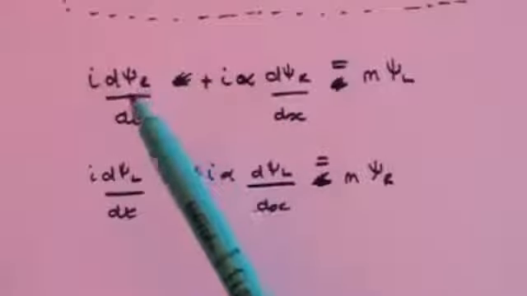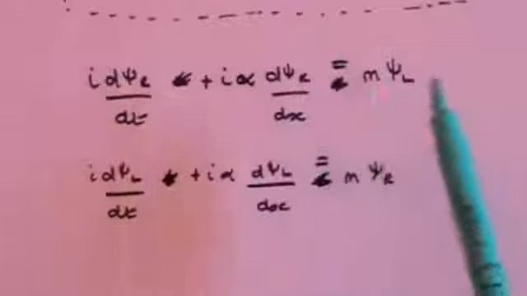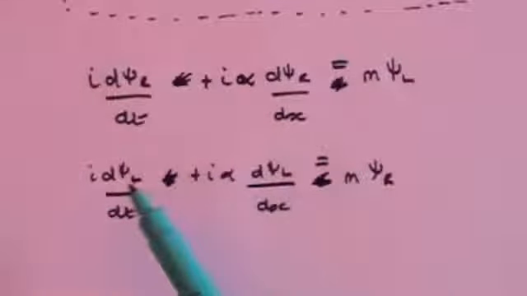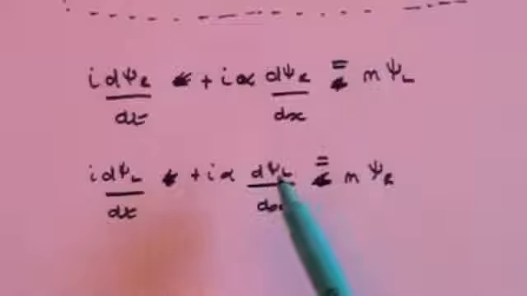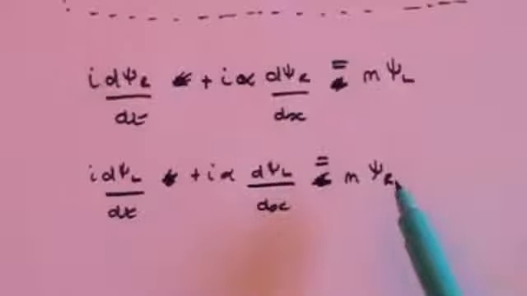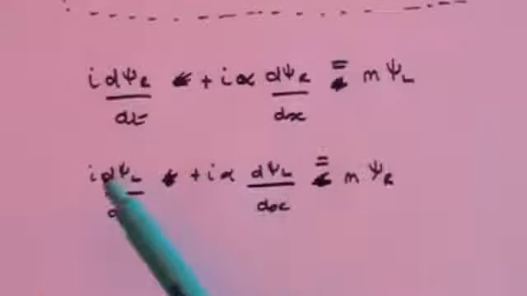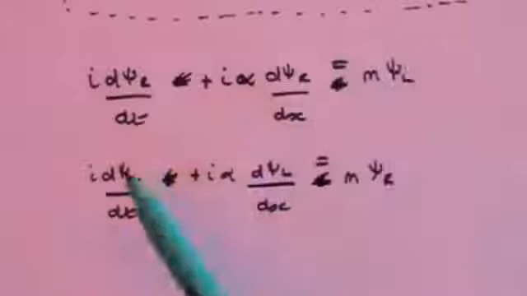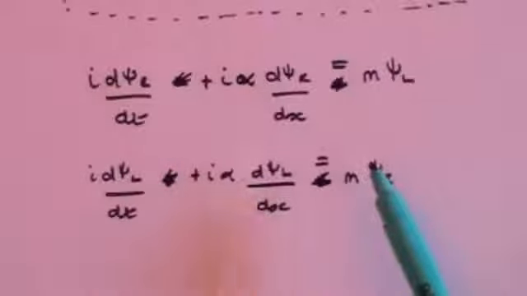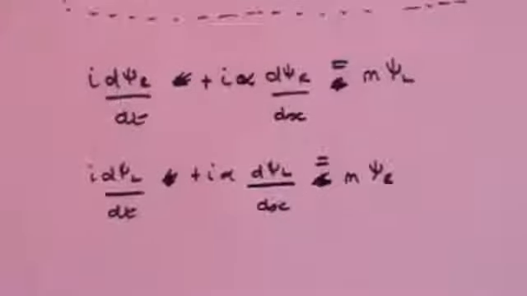I've now got a ψ_R term plus a ψ_R term equals a ψ_L term, and a ψ_L term times a ψ_L, plus a ψ_L term is a ψ_R term. So this is a left converting to a right, that's a right converting to a left. So now we've got the Dirac equations showing us that you can change from lefts to rights. But I have just asserted, in a fairly hand-waving way, that somehow when you've got the weak nuclear interaction,